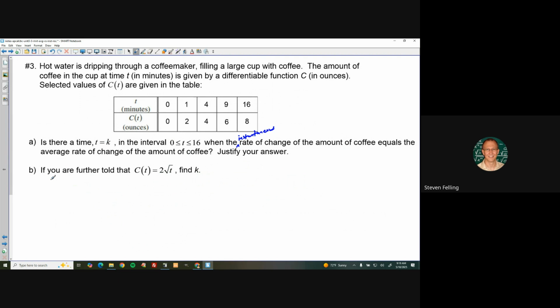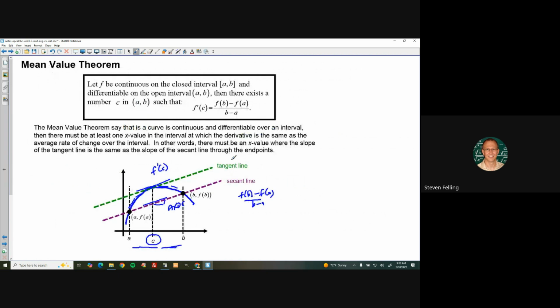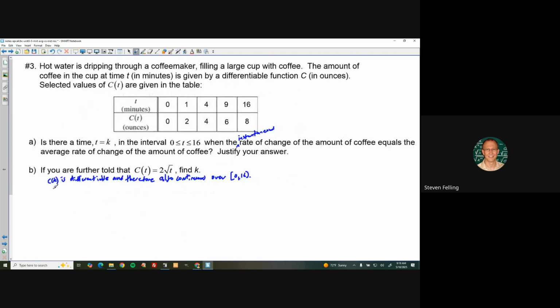So we can say c of t is differentiable and therefore also continuous over the closed interval from 0 to 16. That's the first condition. Right? And really, that's the only condition. We don't have to say anything about the particular endpoint values. We can just say therefore, and I'm going to use these three dots like that, which mean therefore. Therefore, the mean value theorem